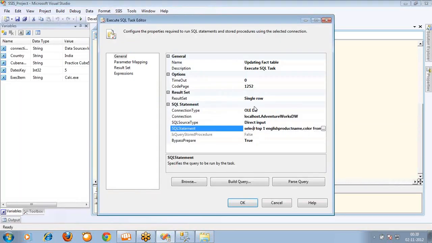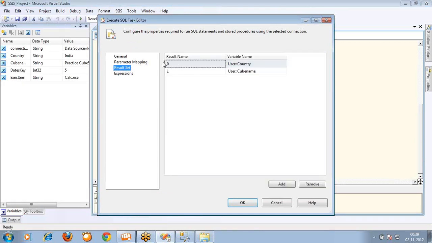It will execute this query, it will check how many rows, it is a single row, it will go to the mapping, and it will assign the first, however many columns you have. I have two columns, one is English product name, another one is color. It will assign the first value here and the second value here. Now,